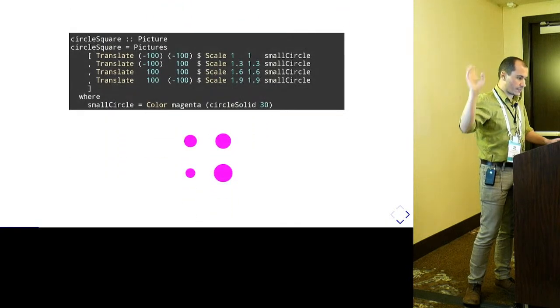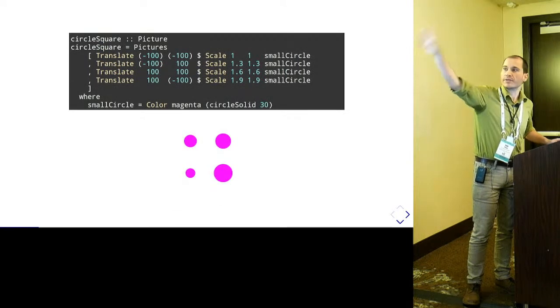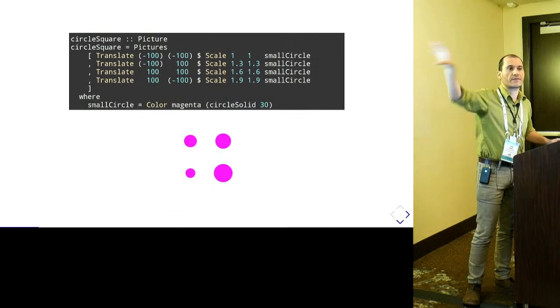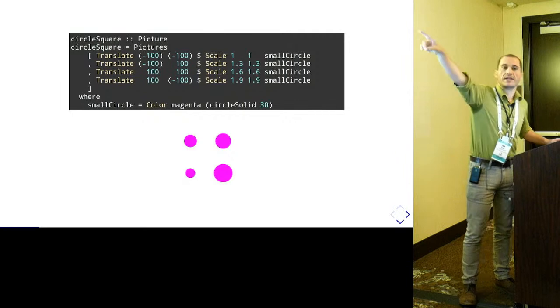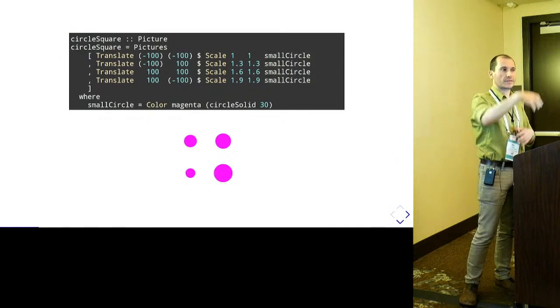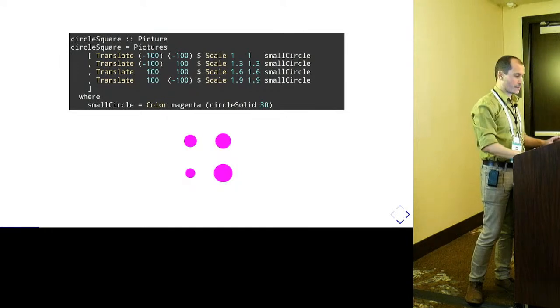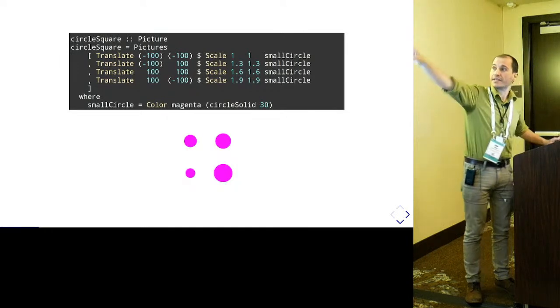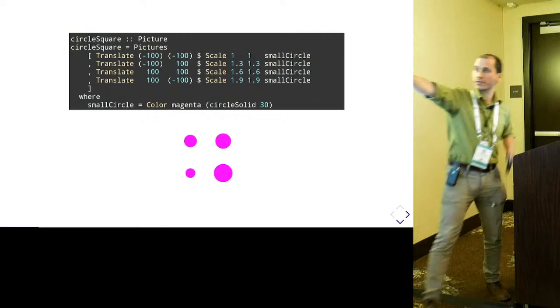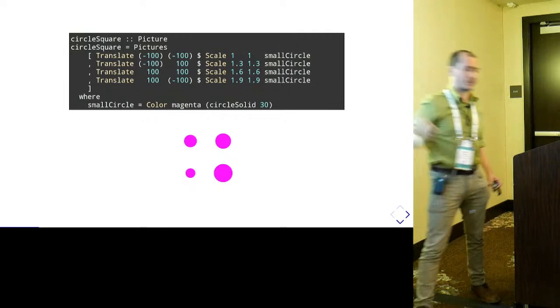You can scale pictures. Here we put four together at different zoom levels. The scaling takes the horizontal and vertical scaling, so you can stretch something sideways or up and down. And you see that it's scaling applied to the same picture. So this down here would be a picture.